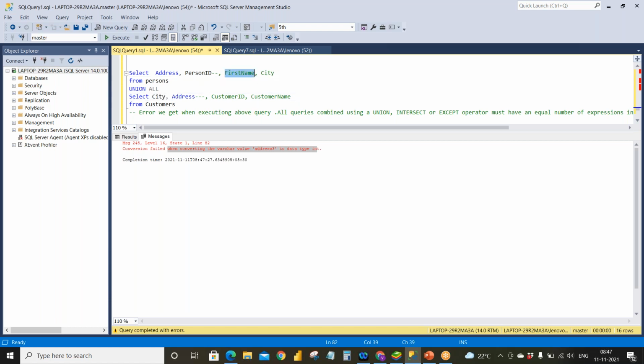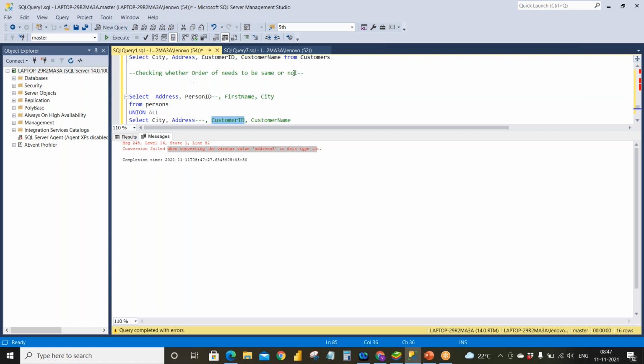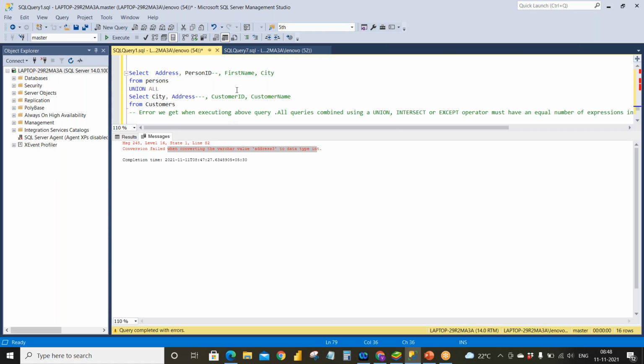Similarly here, if you give the first name and the customer ID, first name is a varchar and customer ID is an integer, so it will not allow. So in order to avoid this, we will give the correct order of the columns in our input so that we don't get all these issues.